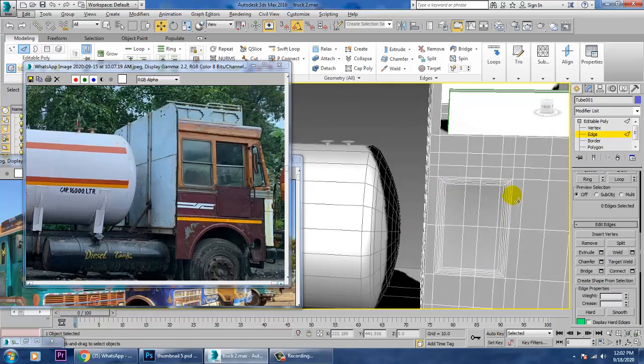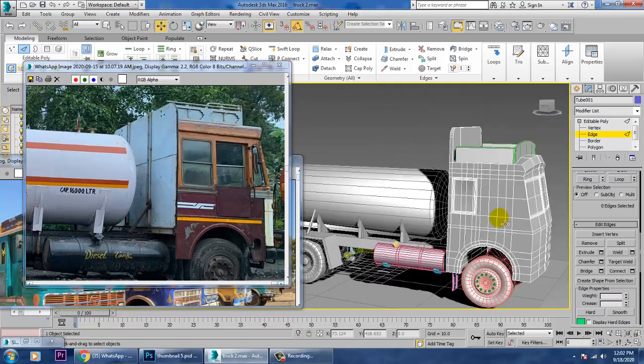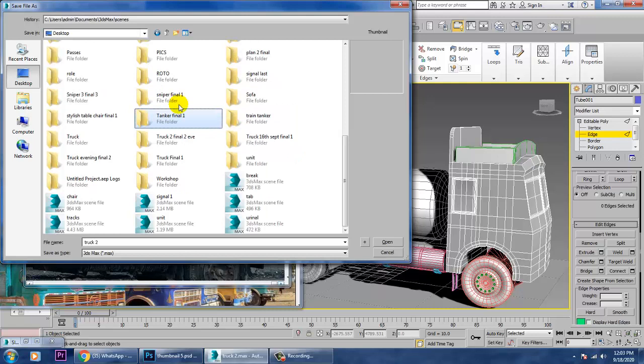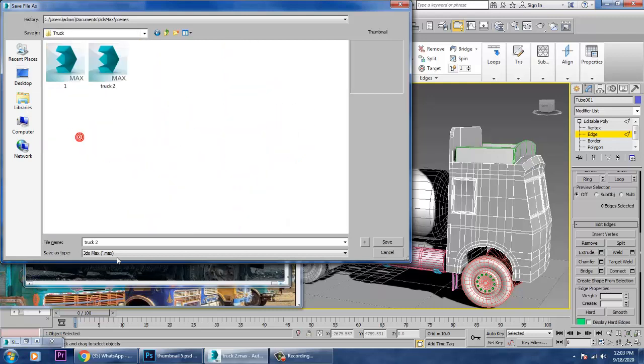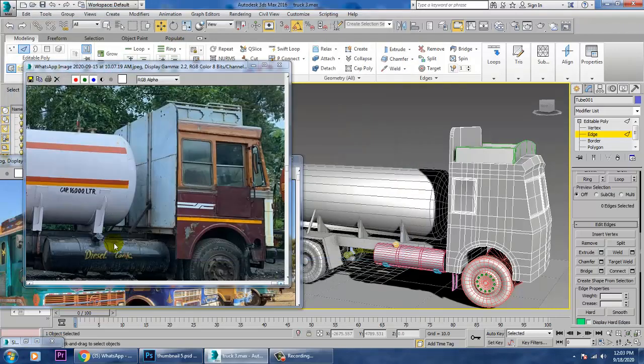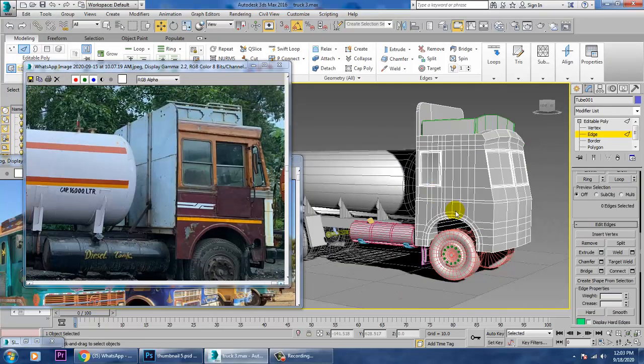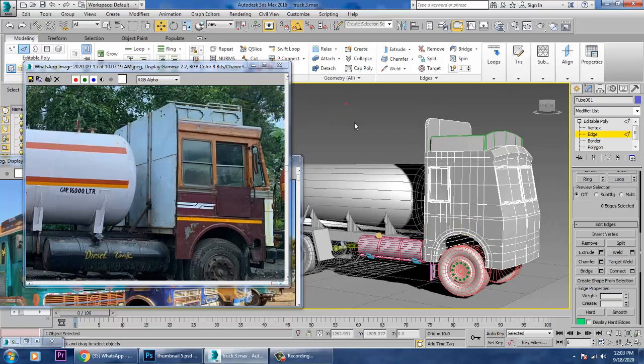So let's save your file over here now first. We'll save as it. We'll go into the truck folder over here and we'll save it as number 3. That's it.